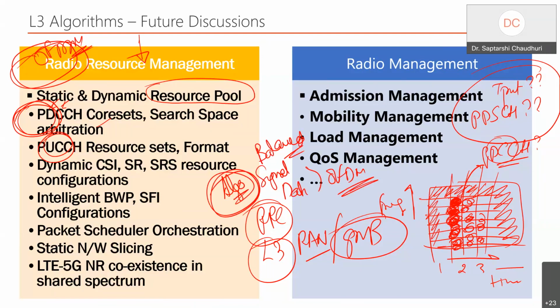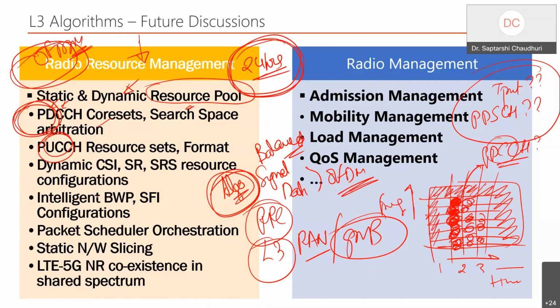Any innovation is welcome, and it has to be done in a dynamic fashion. It means at night, say 11 p.m., there is no traffic. Why do you want to block a huge amount of control resources where hardly a few users are talking? You can give it back to the data resources, and vice versa. So this push-pull happens n number of times in the whole 24 hours. And how best you write these algorithms tells how good the radio resource management is. And these are your differentiators in the system.